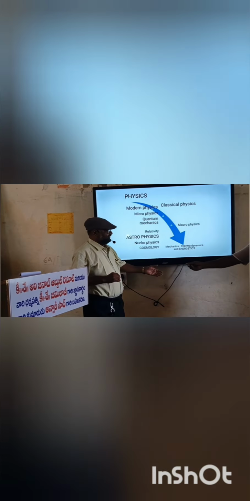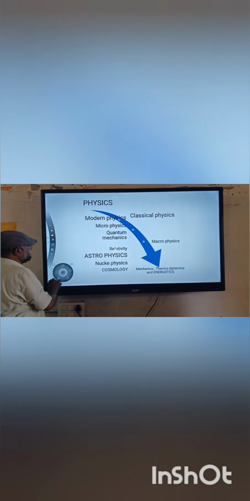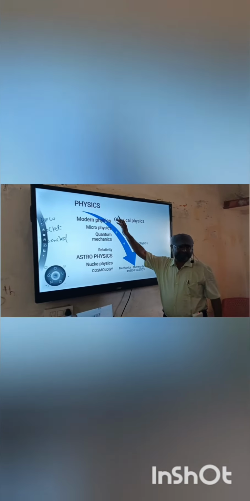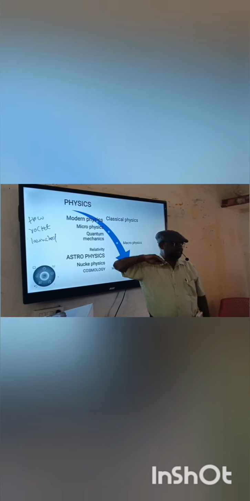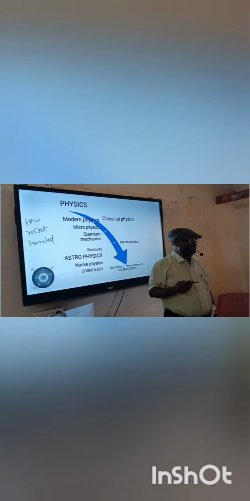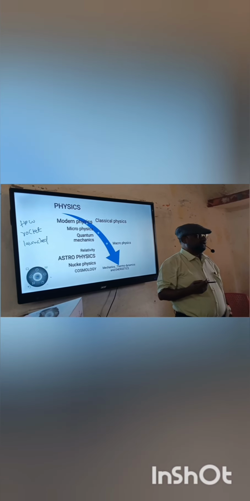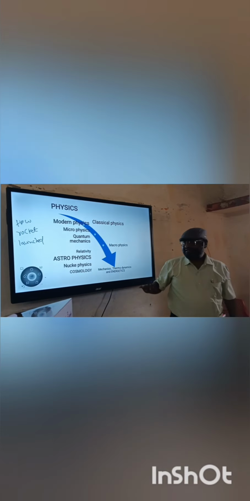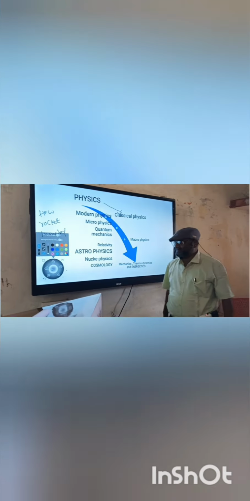Well, this is the classification of physics. It follows like this. We come across physics here. Physics was considered basically as only classical physics. There was only classical physics when it was started. That means the revolution of science took place at the time of the revolutionary process of development in science and technology. Earlier it was known that physics is only related to classical physics.